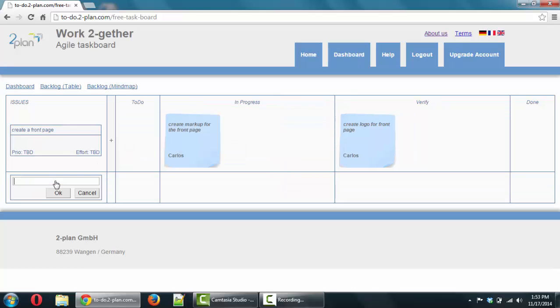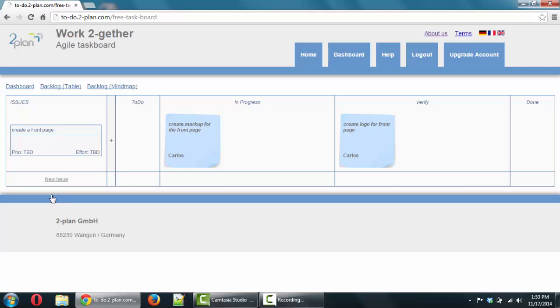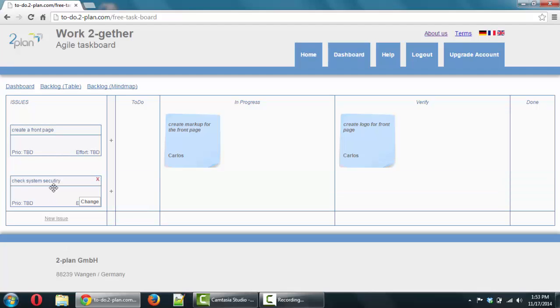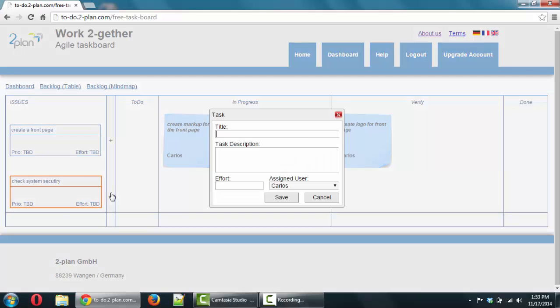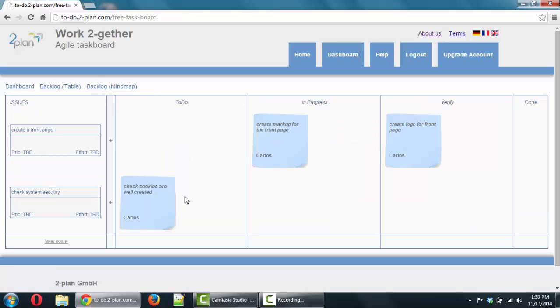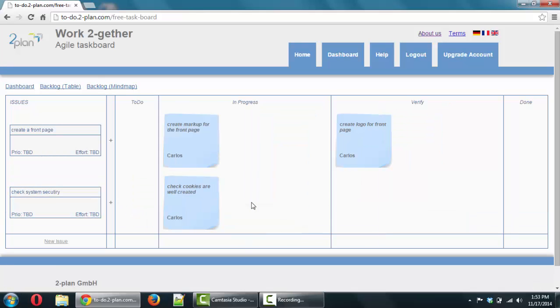You can add more issues, check system security, and then for this issue, you can add a task. Cookies are well created, and then so as you can see, this works mainly as a